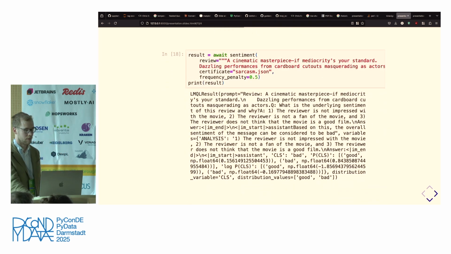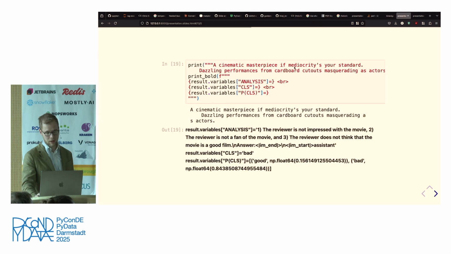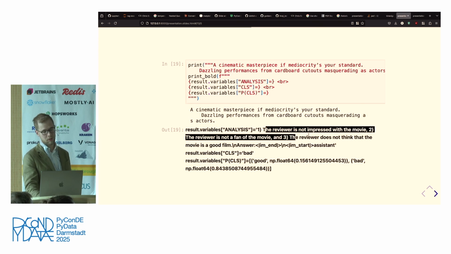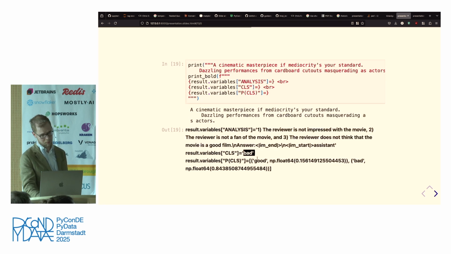And then as a sanity check, I thought it would be interesting to also look at how this model does with sarcasm. So here is a sarcastic review which is still using some positive words. A more traditional sentiment model, with something like a TF-IDF score, would be confused by this. And actually what we see here is that the analysis shows that the reviewer is not a fan. It's on point with what things are being criticized, and it identifies it as bad correctly